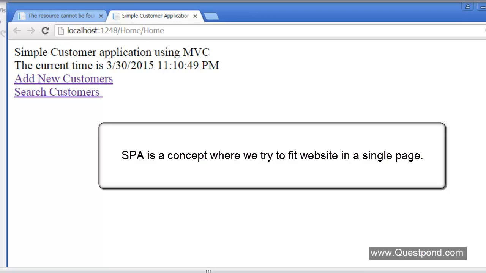Now this approach gives the end user a desktop-like experience, because there are no refreshes and no postbacks. So it makes the navigation and the user experience smooth for the end user. Already Sukesh sir had explained how to do SPA using Ajax. In this video, I will explain how to do SPA using routing of Angular.